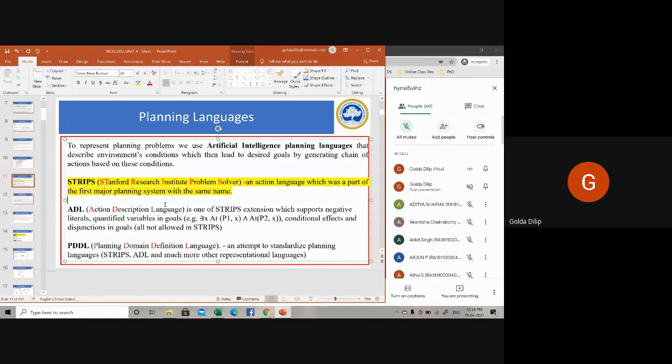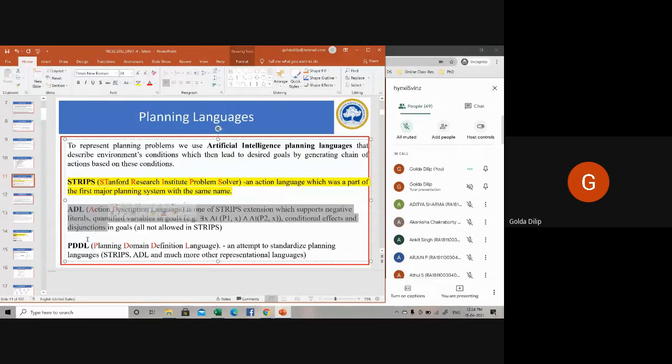Once serve coffee is executed, the post condition is that the goal is satisfied: I'm not hungry, or I had coffee. That's the precondition and the post conditions.